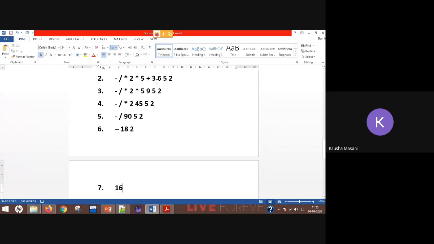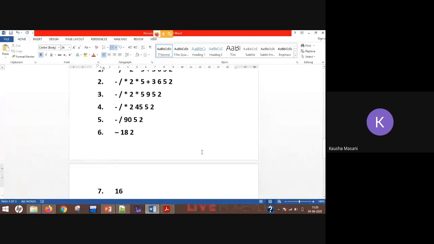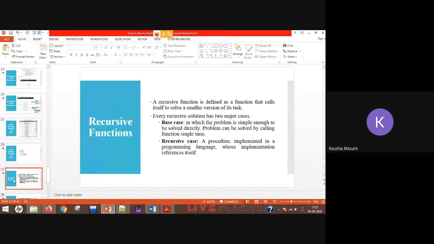Yes, in your theory exams you do have to do the table and all, okay, but in the MCQ part where you have to solve such kind of an example, then you can do it this way also. Okay, it will give you faster results and it will save your time too. Fine. We are keeping this till here. Tomorrow we are going to start your recursive functions. Okay, we are keeping this session till here.